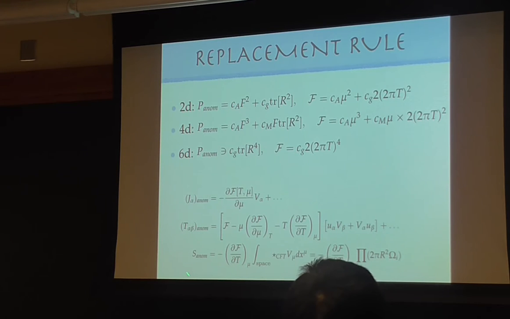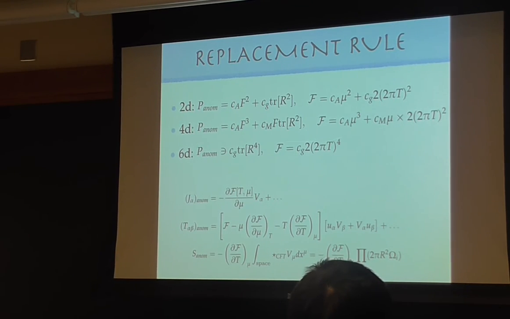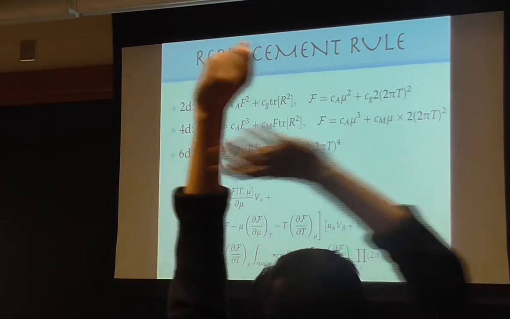Okay, good question. Just to repeat that: if you have a favorite QFT or CFT, and you know that it's anomalous, that's the left minus right. You give me the anomaly polynomial and you ask me what's the one-point function in the hydrodynamic state and what's the parity odd one. So this is the answer. For example, in 4D, there's a term in the current itself that's proportional to temperature squared because I take one mu derivative. That's proportional to V. And then in energy, you can work out the same thing. And for the anomalous contribution to the entropy, you can just take a T derivative.